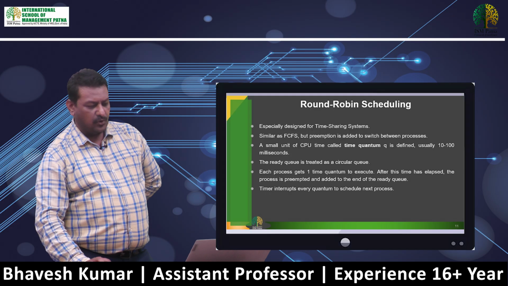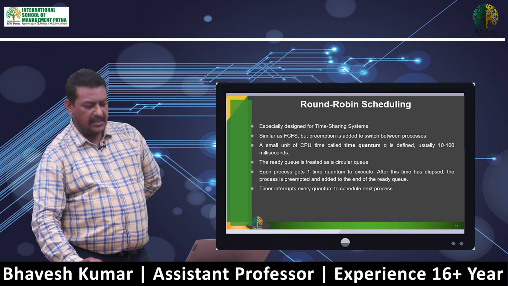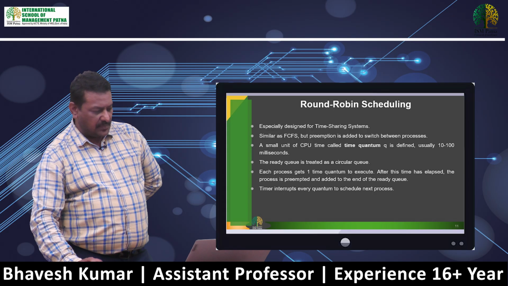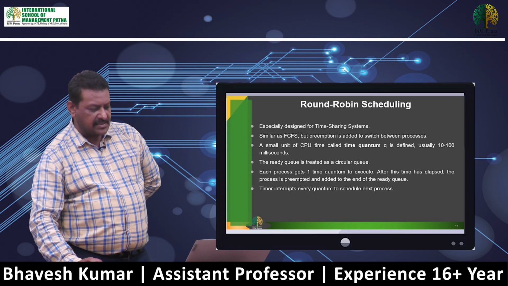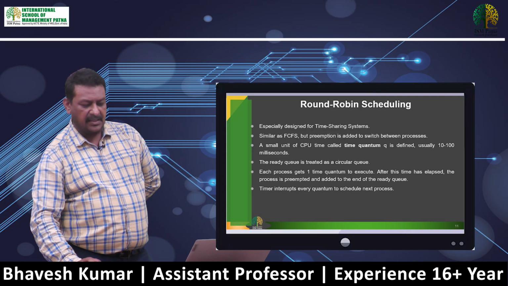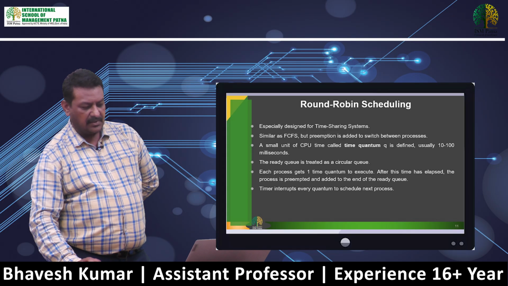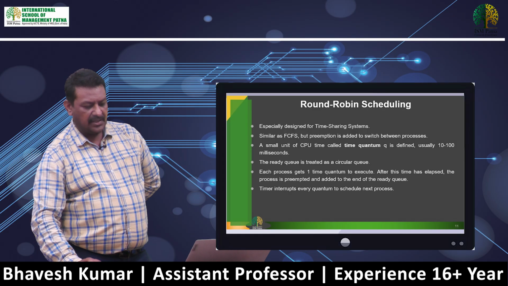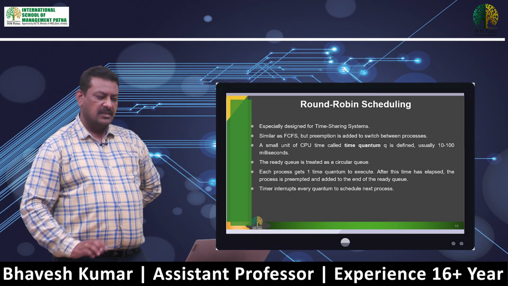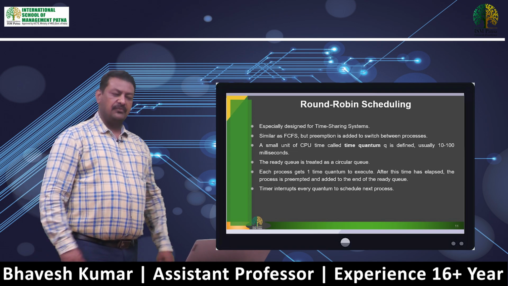Then coming to P4, P4 has arrived into the ready queue at millisecond 3, and it has got the CPU at millisecond 5. It means 5 minus 3. It waited for 2 milliseconds. Now add all of them. There are 4 processes. Divide by 4, and whatever result has come, that is the average waiting time of this